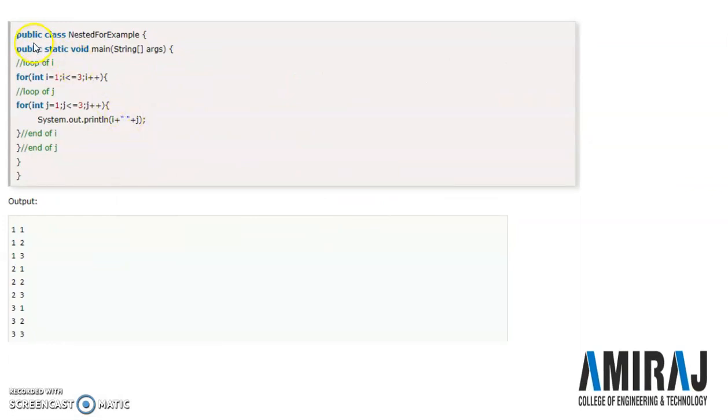We have created one class with the name nested for loop. In that public static void main, we have written two for loops, meaning nested for loops, one for loop within another for loop. We are using two for loops, so we are using two different variables. One is i and another one is j. So for integer i is equals to 1, i is less than or equals to 3 and i plus